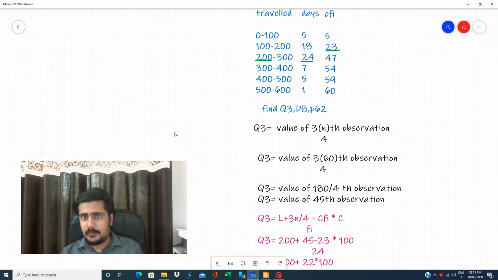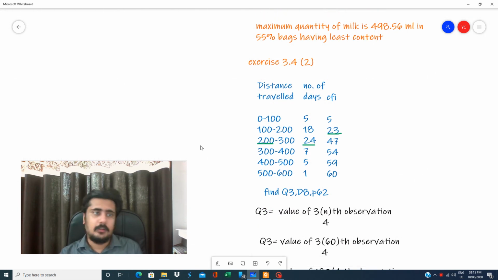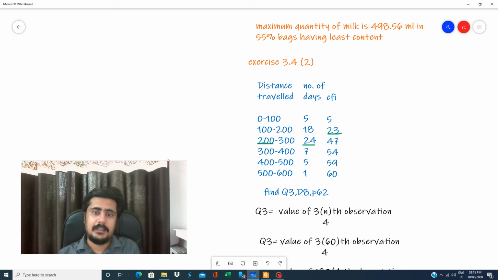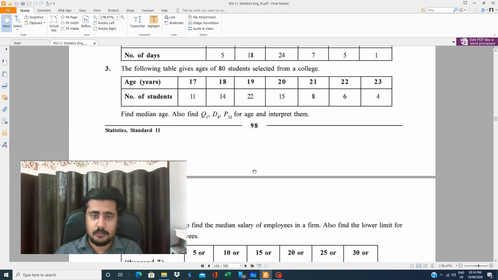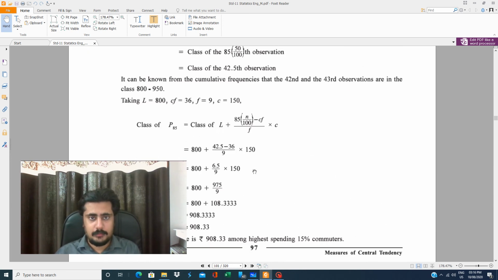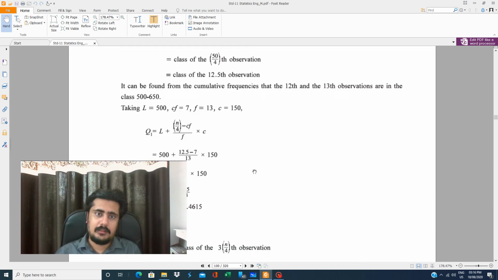In the last lecture, I completed the second sum of exercise 3.4. We were doing the topic of quartile, decile, and percentile, and we have completed ungrouped data, discrete frequency distribution, and continuous frequency distribution. That means we have completed all three topics under quartile, decile, and percentile. That is when xi is given, when fxi is given, and when classes and frequency are given. So today, some more sums from quartile, decile, and percentile are to be done.